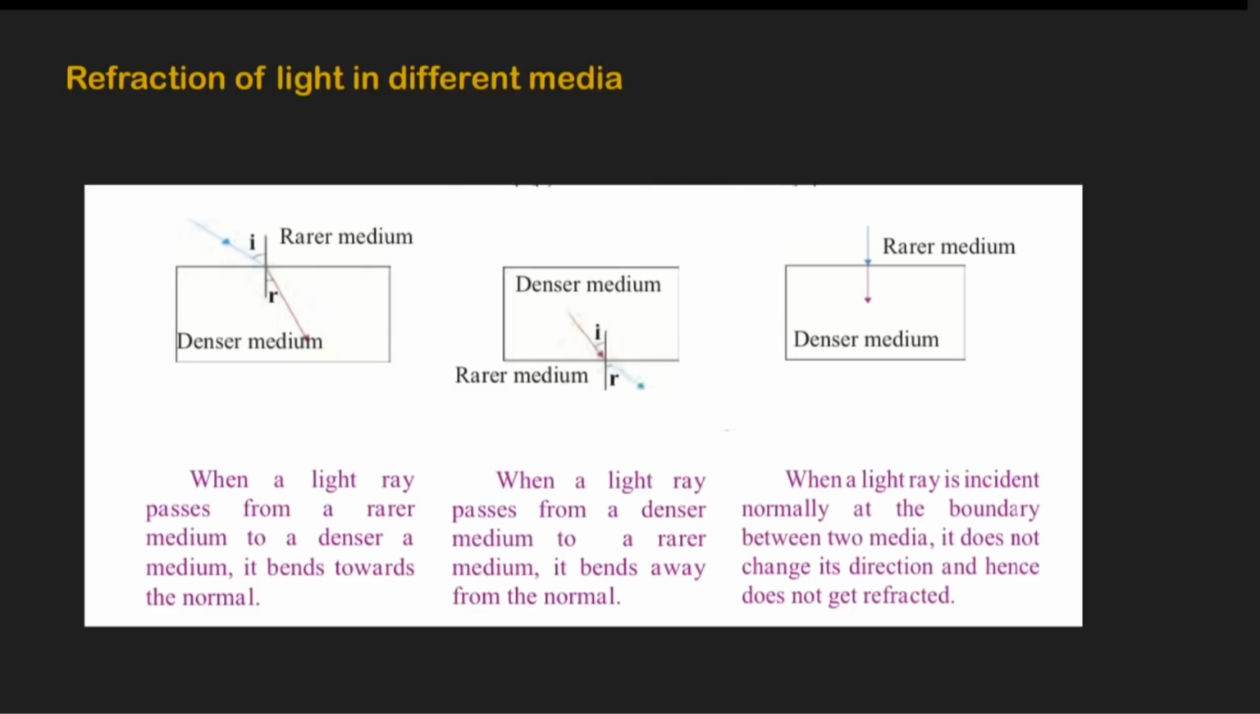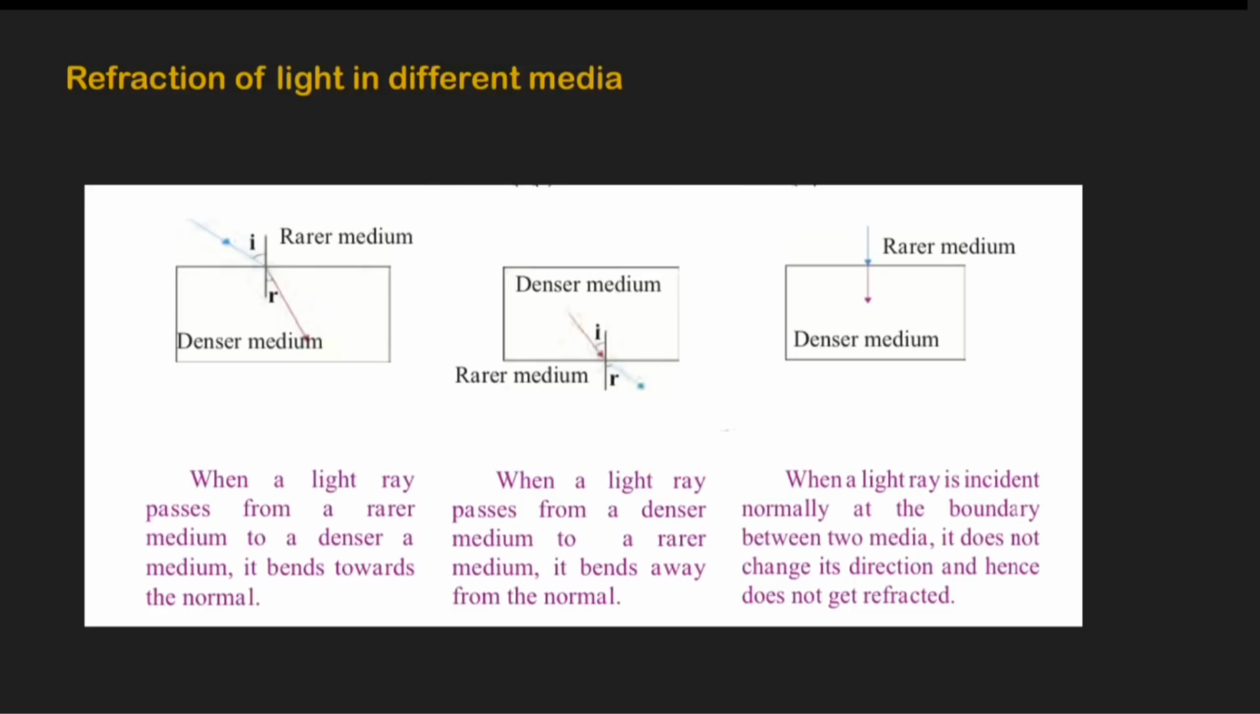If the light passes from denser to rarer, that is, when a light ray passes from a denser medium to a rarer medium, it bends away from the normal. This one is a denser medium, and light passing from a denser medium to a rarer medium, that ray will bend away